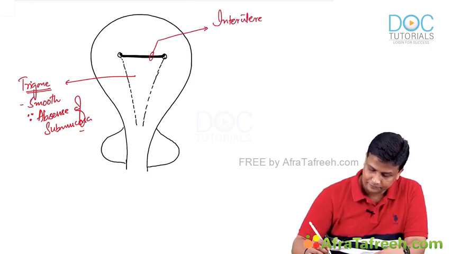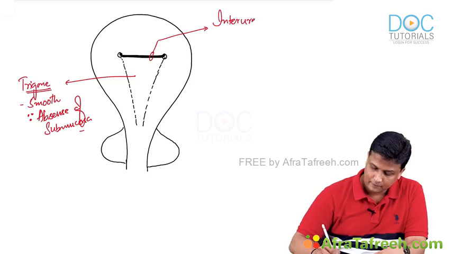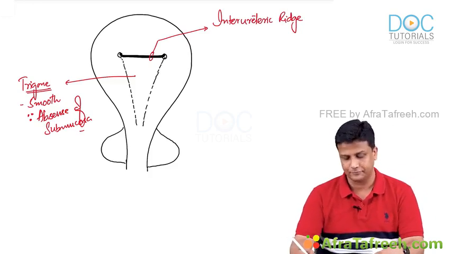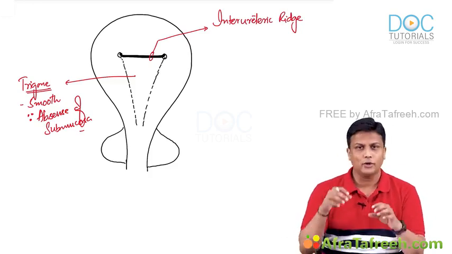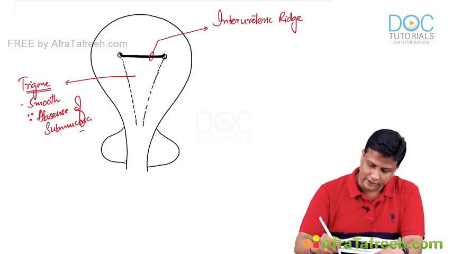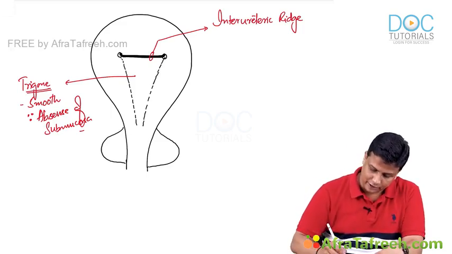Interureteric ridge. So the name is very much meaningful here, guys. It is actually between the two ureters. That is why interureteric ridge. Fine. And not only that, the muscles are not only going just between the two ureters, the muscles are even moving down also. So the longitudinal muscles